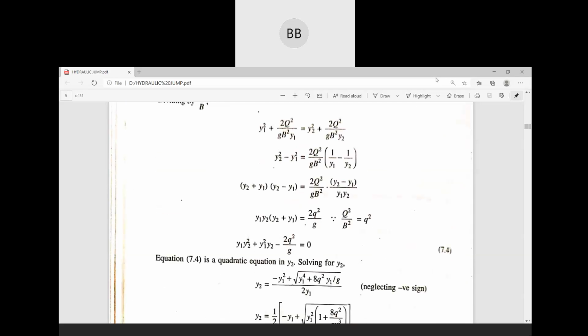We have already derived this expression. In the loss of energy derivation also, we have used this expression, and for solving that numerical also, we will use this expression. So we are going to directly use this expression in this numerical